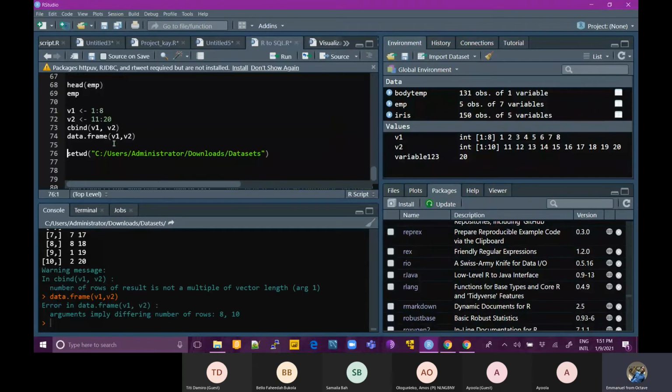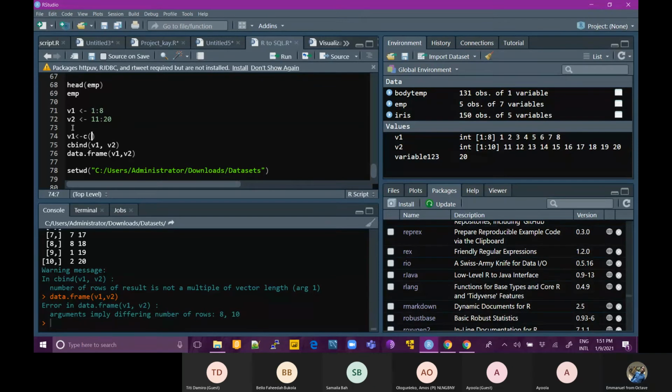If I do this, it didn't even come up. It didn't come up because it said arguments imply differing number of rows, 8, 10. V1 is 8 and V2 is 10, so you cannot even create it in the first place. Now, for me to be able to create this as a data frame, I have to complete V1 to be of size 10. So the remaining part that is not complete, I can just fill in with the missing value,